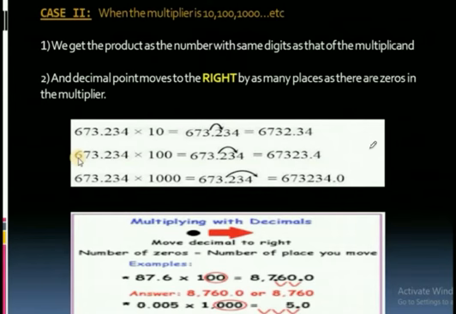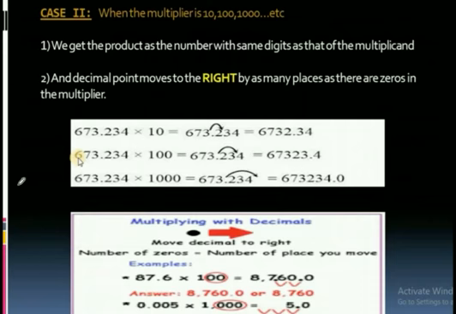So what we will do here, for example, here is one question. If you have to multiply this number with 10, you only have to shift the decimal point. Whenever we multiply with such numbers, we shift the decimal point as many times as there are zeros. Okay, so as you can see here, 10 has only one zero, so you will shift this decimal point only one time. In which direction? In the right direction. Whenever you multiply, every time you will shift the decimal point in the right direction.